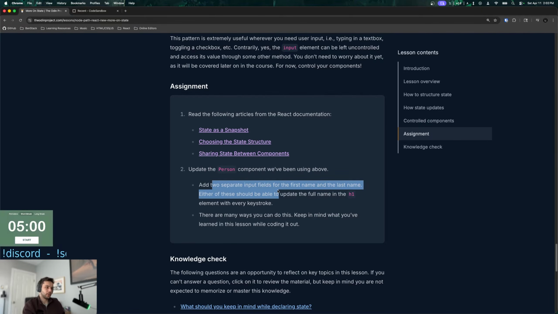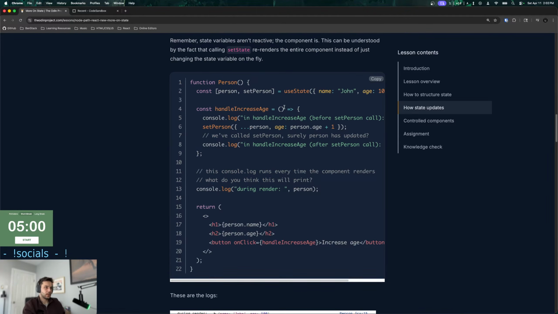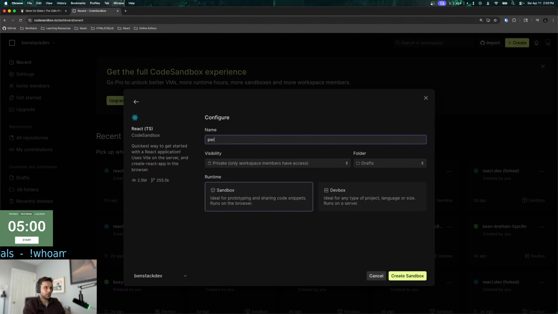It had two separate input fields for the first name and last name. Either of these should be able to update the full name and H1 element with every keystroke. There are many ways you can do this. Okay, I got you. So let's copy this guy into here. So we'll say person React example.